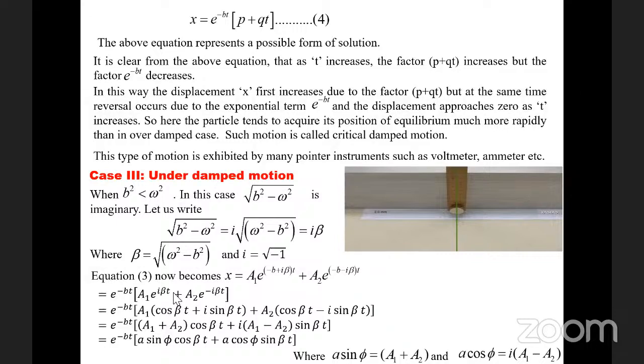the same thing which you did previously in critical damping is repeated in underdamping using these conditions. So e power i beta, that is e power ix means cos theta plus i sin theta, and this is e power minus ix means cos theta minus i sin theta. Substitute, put A sin phi and B sin phi. By simplifying this equation,